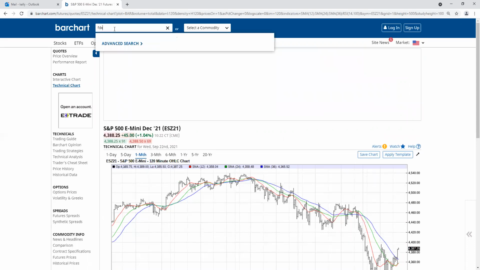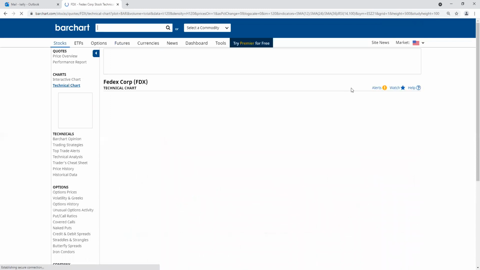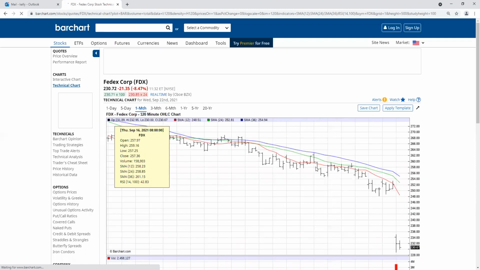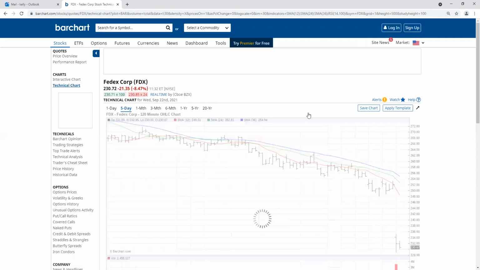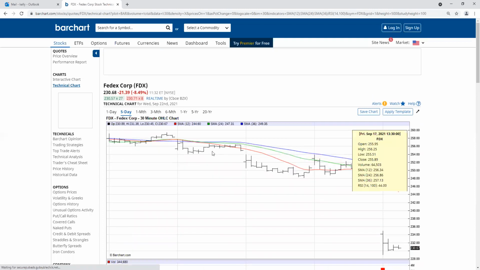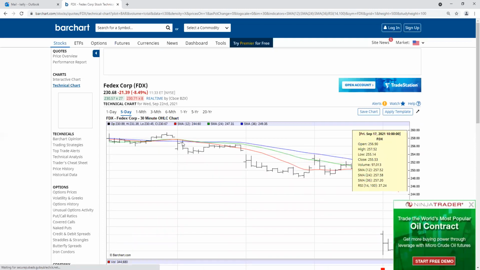Let's talk about FedEx. Classic case of trading the news. Did FedEx give us any indication on the charts that it could be down $20 today? Well, let's look at the 5-day graph. The 5-day graph pretty much gave you the sell signal up here at 258. So if you're a short-term trader, you should have been on the sell side of this thing. And going into earnings, you should say, FedEx has got a lot of expenses, a lot of margin pressure, and is probably going to be guiding a little bit differently. So let's take our shot at the sell side.